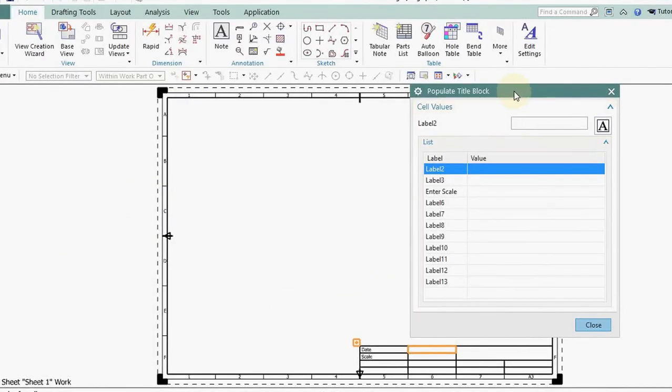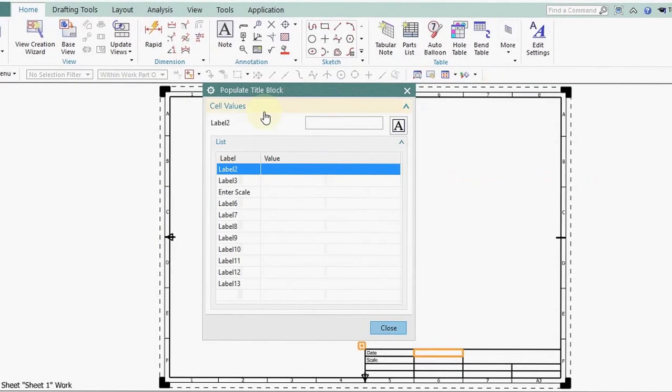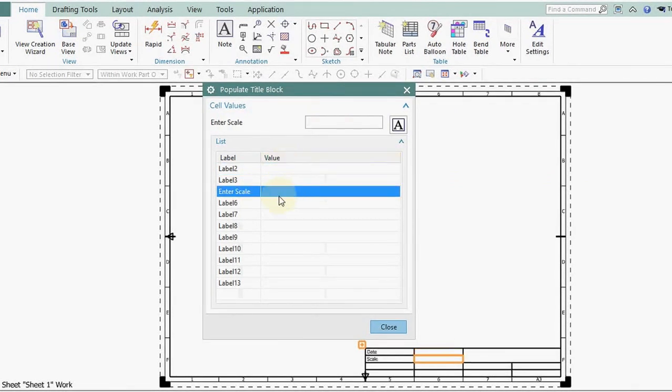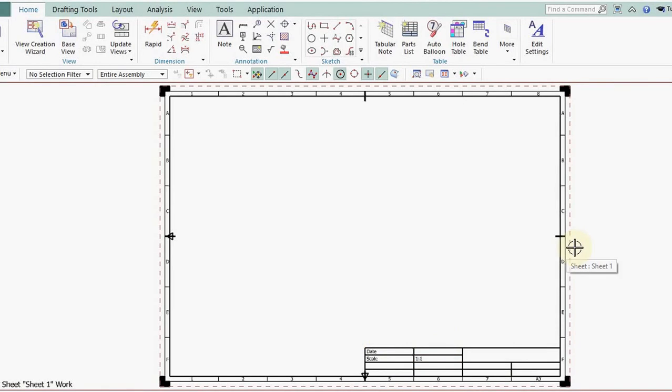and from there as you can see I have got these particular cells. Maybe I did not press enter for a date. I am getting this enter scale column, say 1:1, and all OK. So this is how you create a template in NX10. Thanks for watching the video.